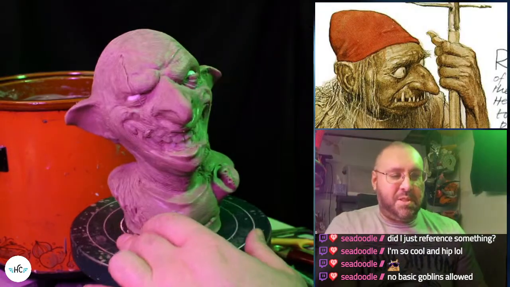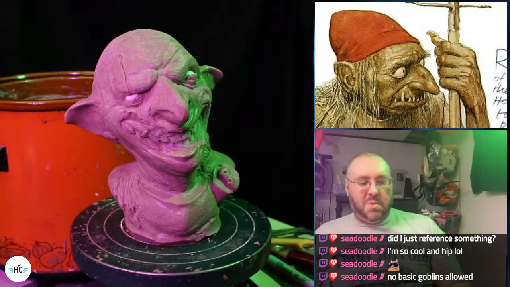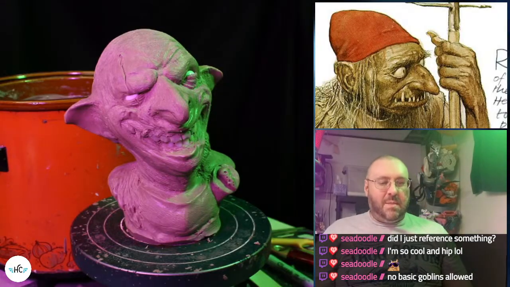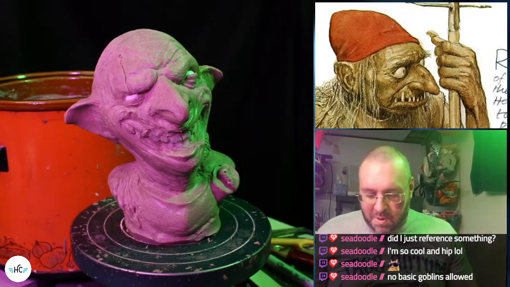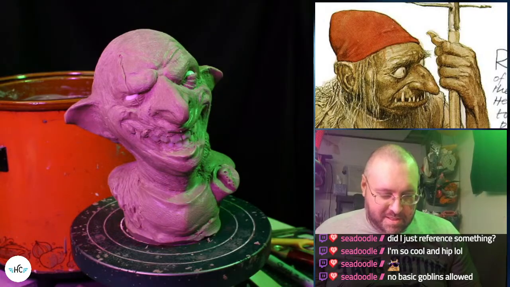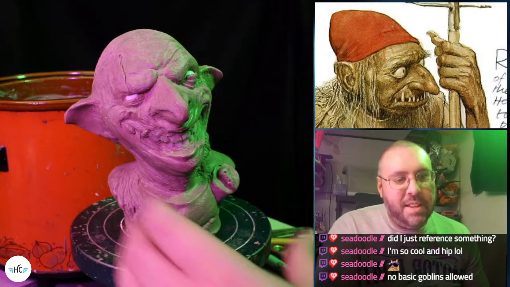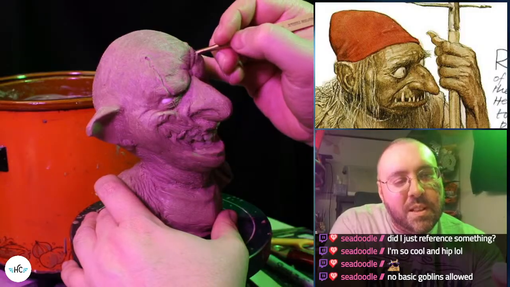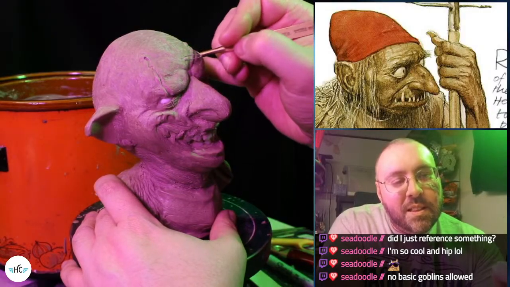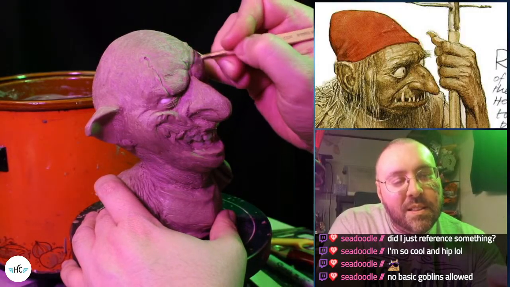I probably should make it a point to do something a little bit cleaner and simpler. So actually do like a basic goblin?